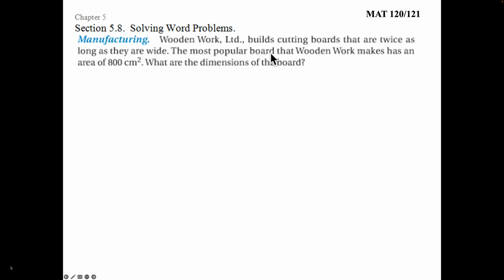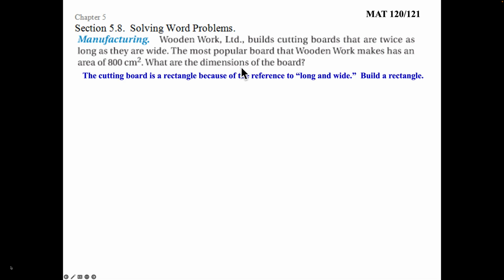All right, the most popular board that Wooden Work makes has an area of 800 centimeters squared. What are the dimensions of the board? Okay, so this is a cutting board, and cutting boards are usually rectangular in shape. So long and wide means a rectangle. So draw a rectangle,